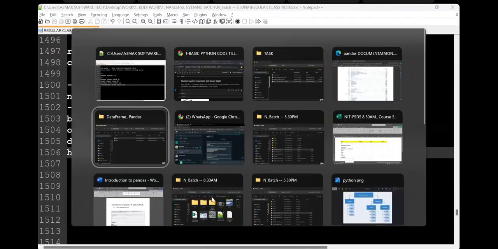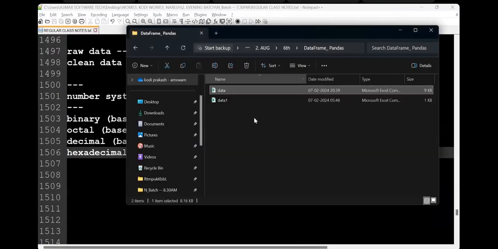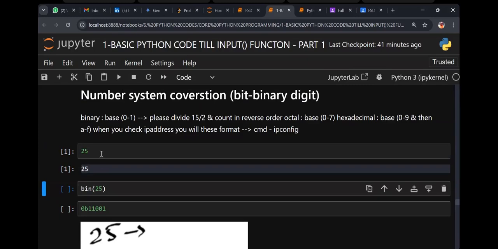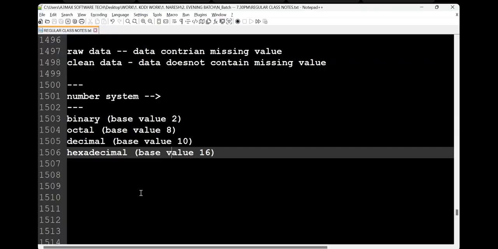Okay, let's go to the code now, and we start basic Python. First, check 25. When I say 25, please work with me. When you say 25, I get 25 or not? But when I write binary, always write with bin.